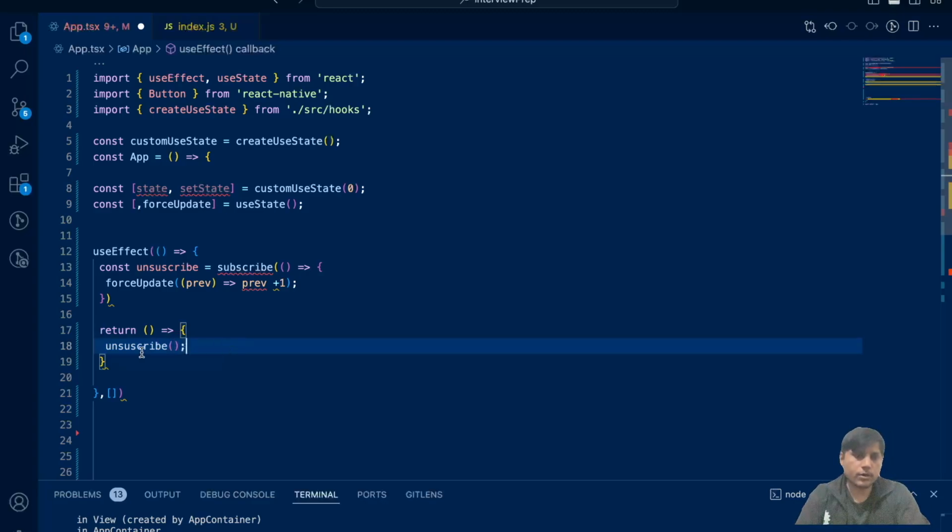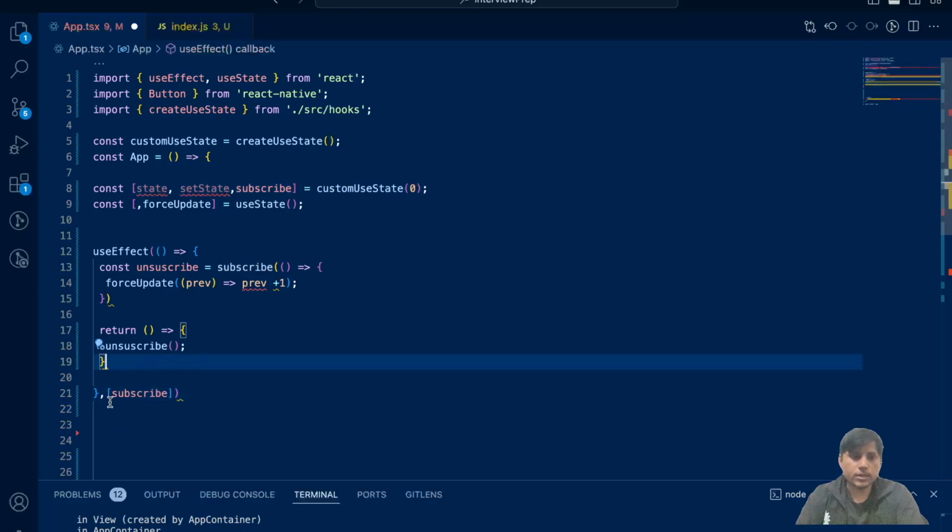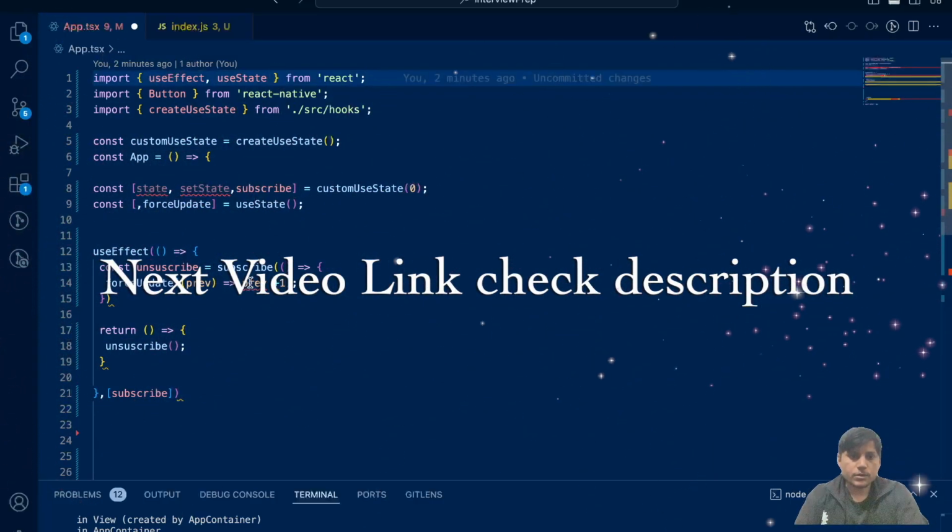So this is how you can remove it. Pass the subscribe, which you can now destructure from here. We will implement the subscribe logic there also. Whenever any state changes, we will detect it here immediately and use this force update. It's a custom hook that is now syncing with the rendering mechanism of the use state that is provided by React itself. So here